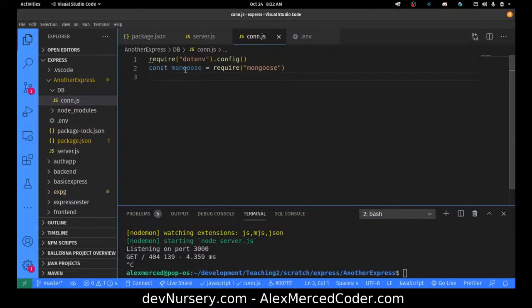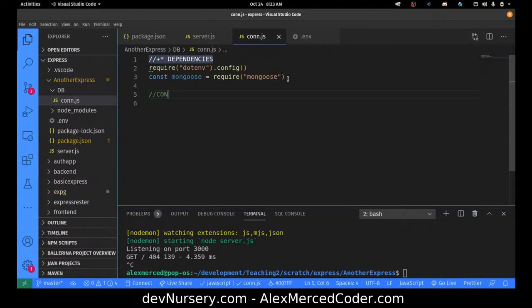There we go. Okay, let me just label my stuff. I like labeling my stuff. Dependencies. Okay, then after we do that,